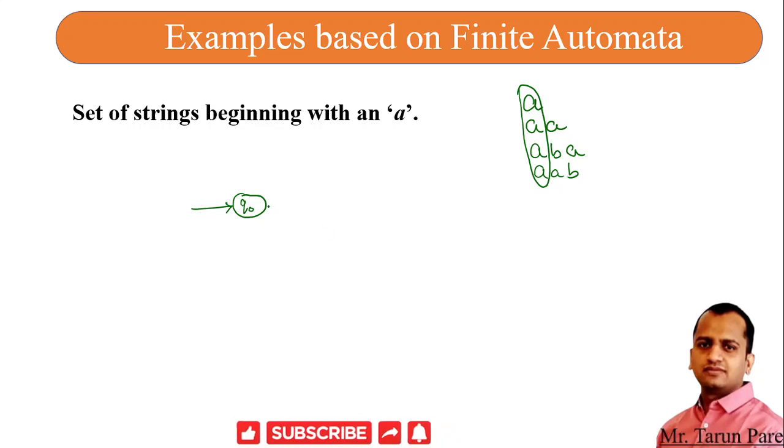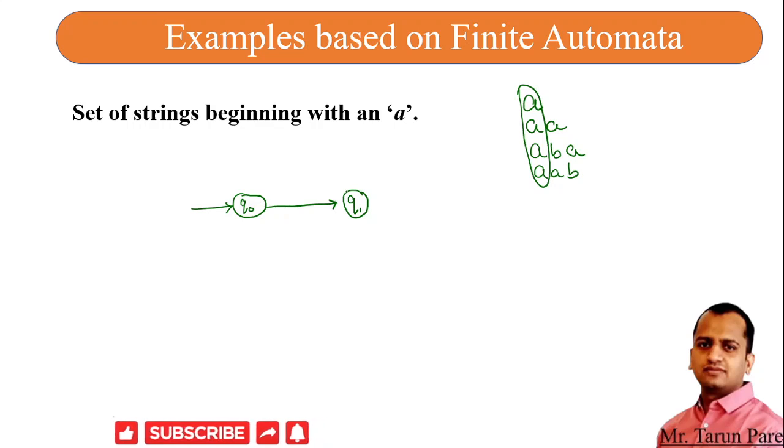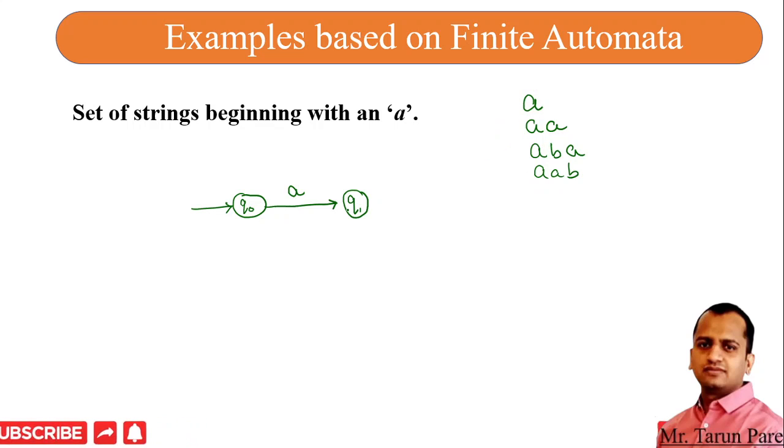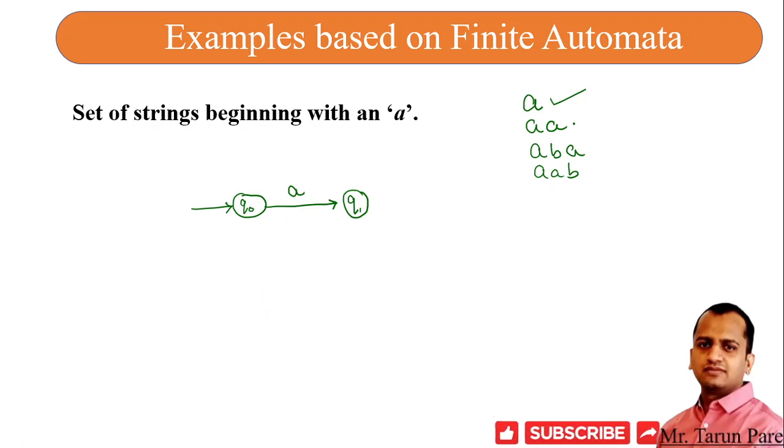So what we have done: from q0 to q1 we have made the transition and we have passed the A. Okay, if we have passed this A, then it shows that this A is compatible with this automata. But what about AA or triple A